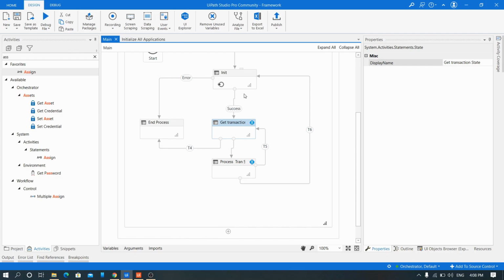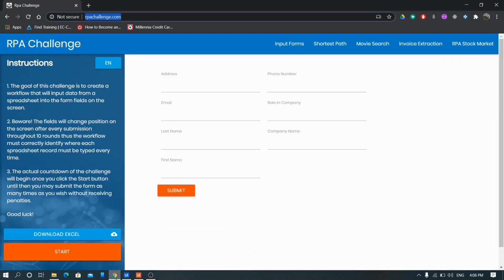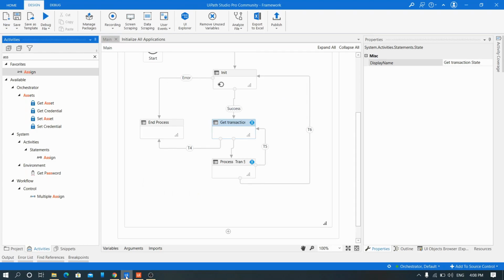In get transaction state, what we do, we get something from the orchestrator. We have not configured our orchestrator here. That's fine. We will do it. In process transaction state, we will do our logic part. I mean to say, we will fill these fields and click on submit, so that we'll get the next sheet. Once all the transaction items in the queue are used up, that means you don't have any more transaction items in your queue, then we will go to the end process state.